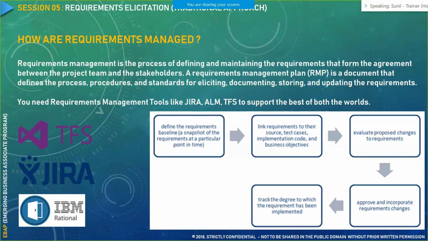So that would be your version requirement. Your baseline requirement is like your plain requirement wherein you would be having a username, password, and a cell phone number for registering to a particular website. Your version requirement, that is 1.1, would be Google authentication. You should be able to register to a particular website via Google. Your third version requirement 1.2 could be Facebook authentication. Similarly, as the number of integrations with the social media handles or channels increases, the versioning of the requirement would go in an incremental fashion.